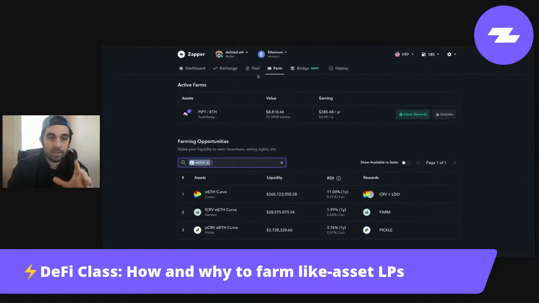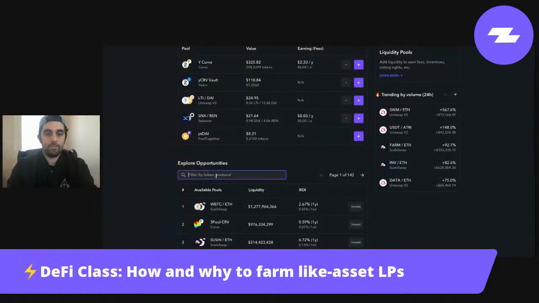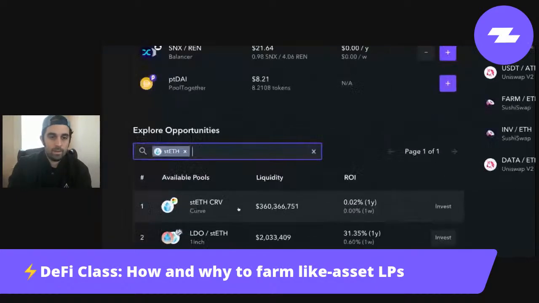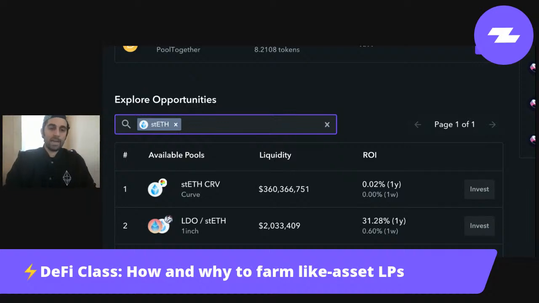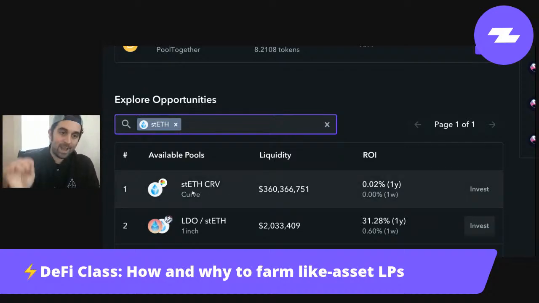If I am in the Steth Curve pool, let's go back to this a sec. This pool is made up of about 50% staked Ether and 50% Ether. So whatever Steth I'm holding, that is Ether that is earning rewards because it's staked and earning validator rewards. All I would need to know then is, if I go to Lido, I think it's lido.fi, they show that you're earning about 7.9% for any Steth that you're holding. So 7.9% on staked Ether plus the 11% in Curve and Lido governance token rewards.